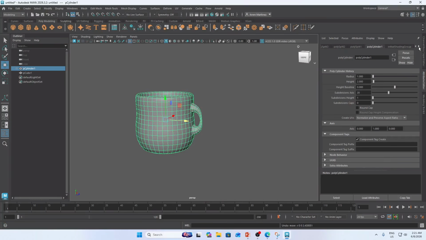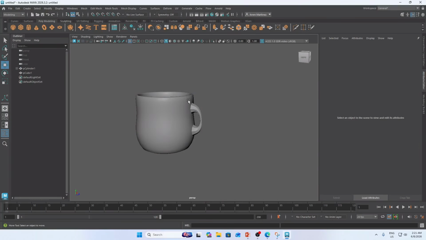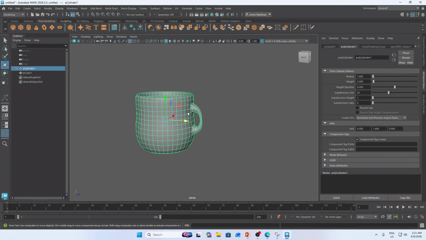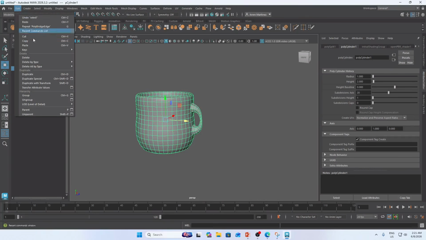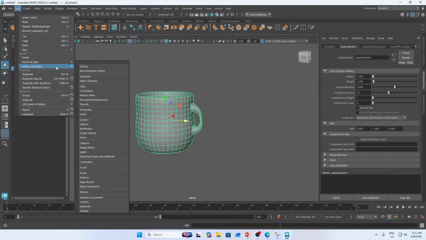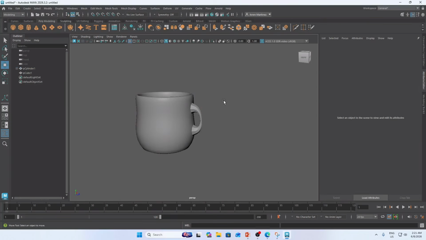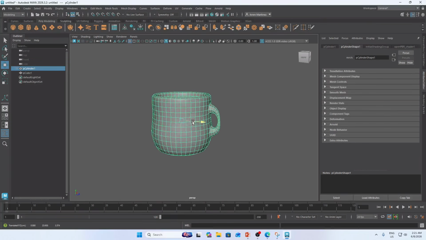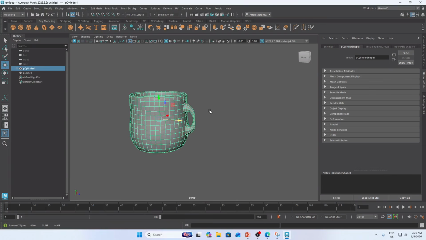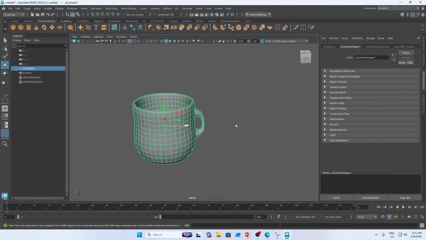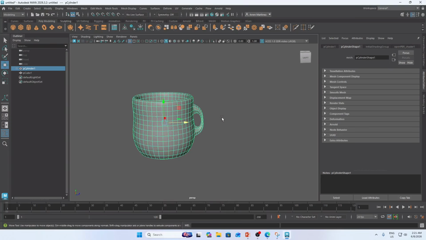So we must delete all of this history. How? Just click the object, go to edit, delete all by type, and delete history. And the problem is not appearing. So just delete the history.